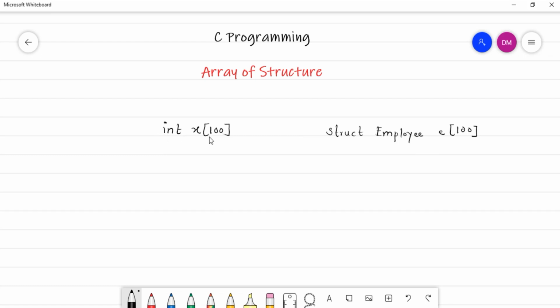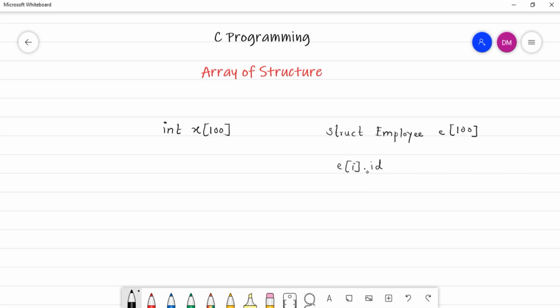So as we can create an array of language data type, similarly we can create an array of user defined data type also. You have to just specify the name of array and in square brackets you have to specify the size. While declaration, whatever you specify, it is the size. And then after, whenever you are going to use this array name, it will be attached with a subscript. Always now what you have to say? E of I. You can't say E. You have to say E of I. Remember this thing. And then after you have to specify the dot and whatever is the member name.